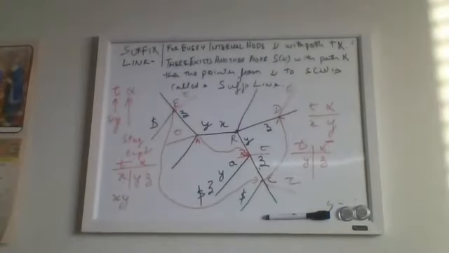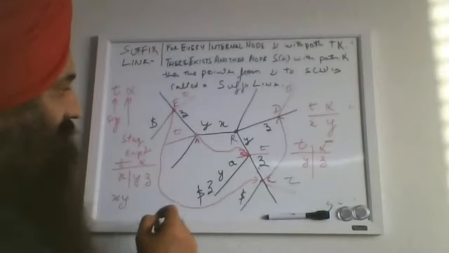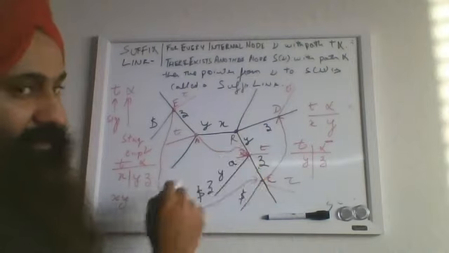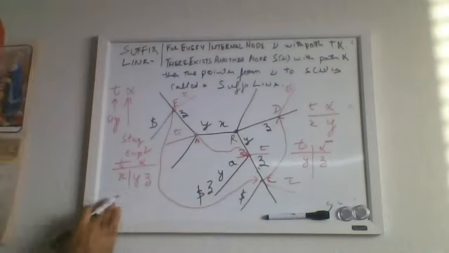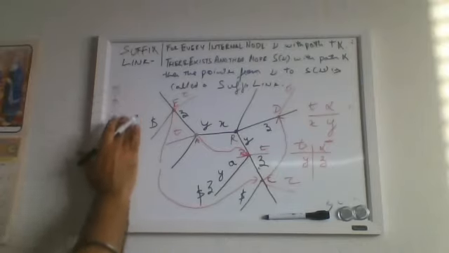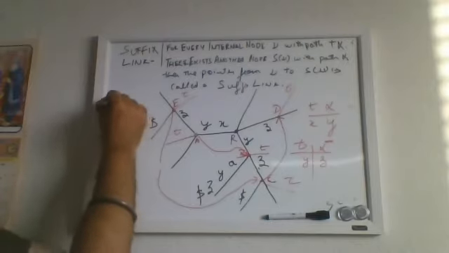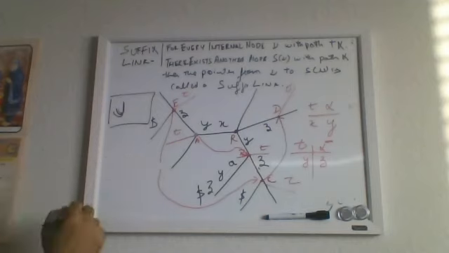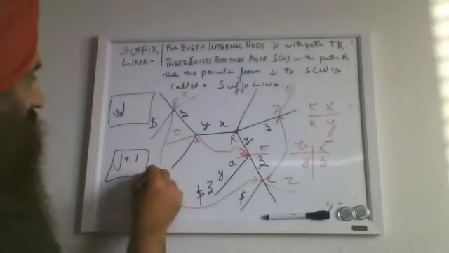Now with suffix links, two very important properties exist. Those properties are, first, every internal node will have a suffix link to another internal node or to the root. And the second property of suffix links says that if a node is created in extension J of a phase, then the node created in the next extension J plus 1 will be the suffix link of the previous node.